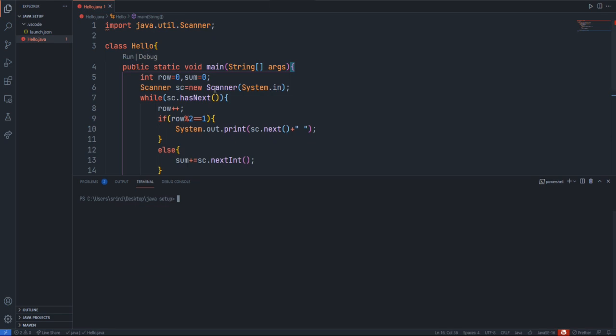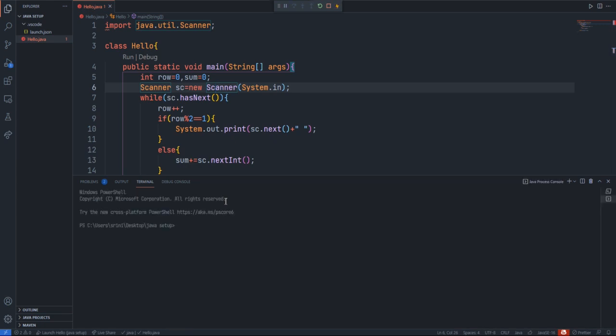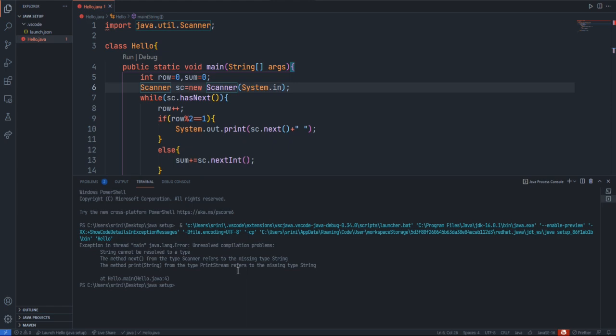Here I'm saving and running this program. Now we got some kind of error, I guess. Method next from the type Scanner refers to the missing type String. The method print of type PrintStream refers to the missing type String. String cannot be resolved to a type.